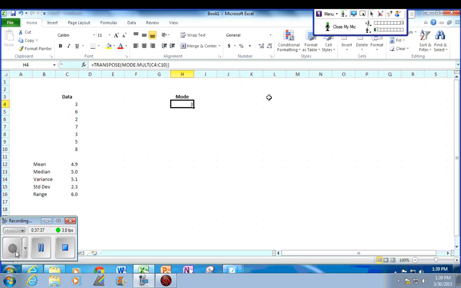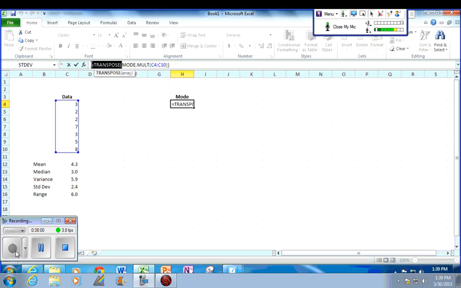But what if instead of this being a 6, this was a 2? Let's see how that would change it. Didn't really change anything, did it? No, and that's where I think that you have to use the Control-Shift-Enter method. No, that didn't help either. Oh boy. Okay. I'm going to get rid of the transpose. I thought that would help solve our problem. And the problem we were having was that it really doesn't